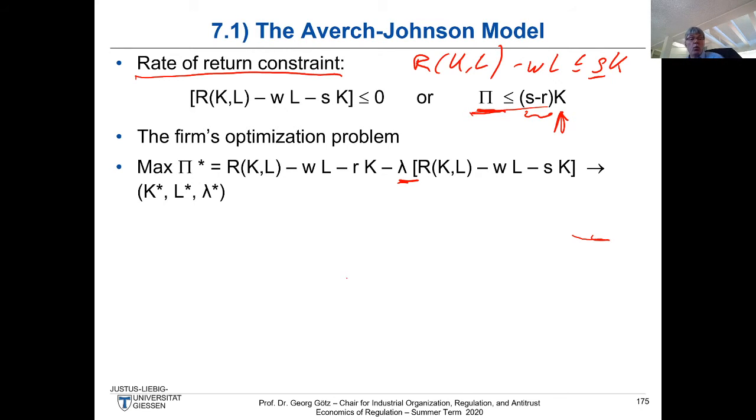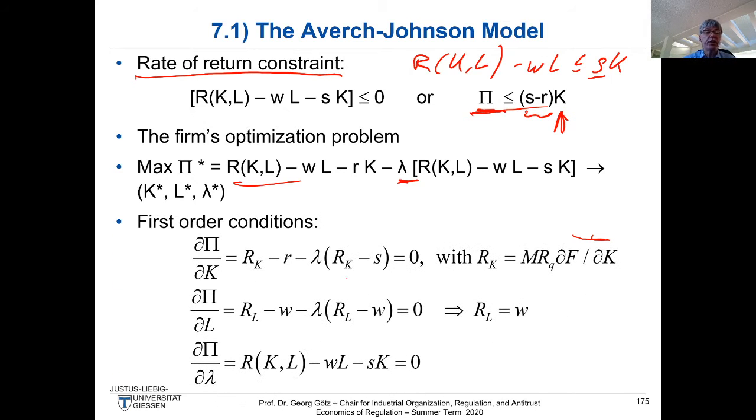What we see here is a standard problem, and what we are doing is maximizing profit by choosing K, the optimal level of capital, L, the optimal level of labor, and the Lagrange multiplier. And the first order conditions are standard. So we just take the derivative with respect to K here, and get R_K, where R_K is nothing else than, if we take the derivative of the revenue